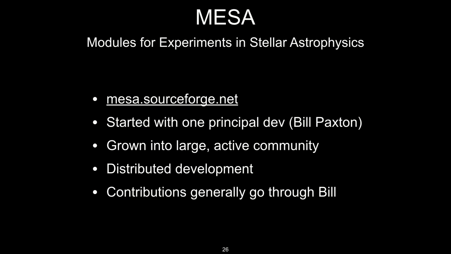Recently, this new code MESA, which I've mentioned already, is now able to do stellar evolution for these massive stars. And this opens up a broad range of possibilities and really, I think, a lot of opportunity to improve this area of astrophysics. And already, we are able to compare the results from MESA to the old code, verify in some way, get a better handle on why things change when they change.